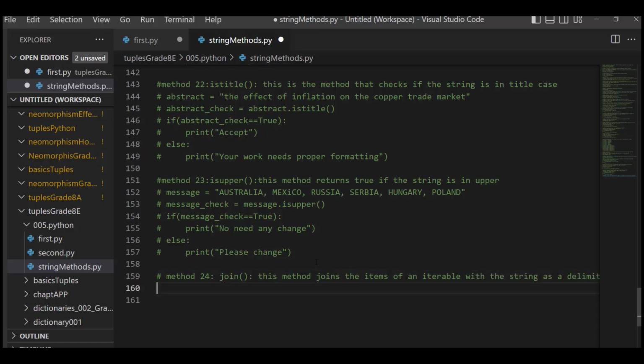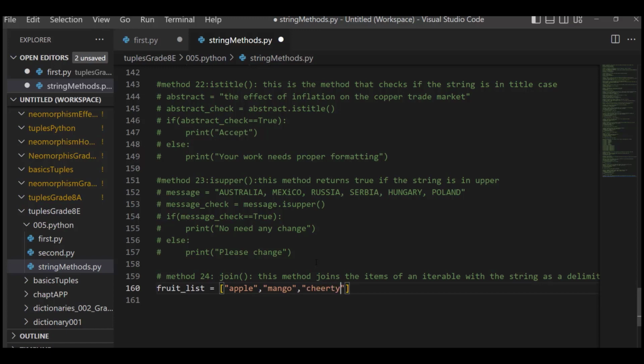That's the definition for join. Now let me give this fruit list. Fruit list is equal to, I'm going to give the list like this: apple, mango,